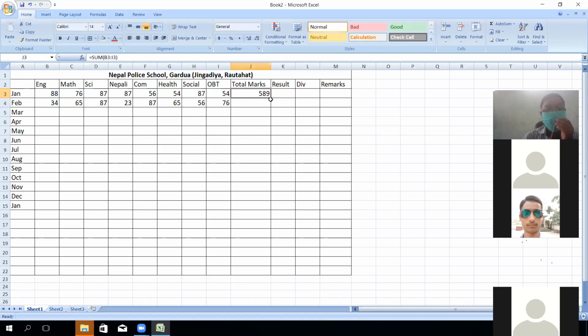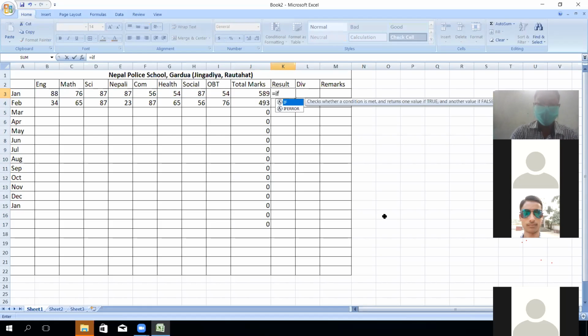By utilizing the copying formula, we can copy the same thing. The result: how can we identify the results? Is equal to IF, and this is the logic formula that you can remember.